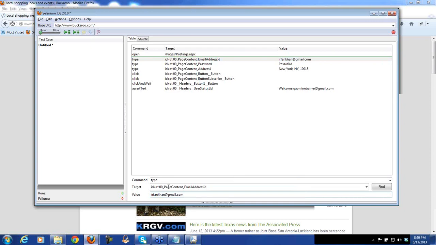Let's say my name at gmail.com. That is not even my email address, because by the time I went to create that email address, it was already taken. Somebody who was much faster than me, I guess, on Gmail. I have a different email address, but I don't even want to use that personal email address here. So that's why I use that QA Online